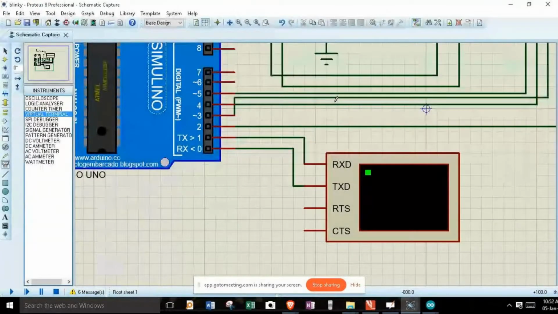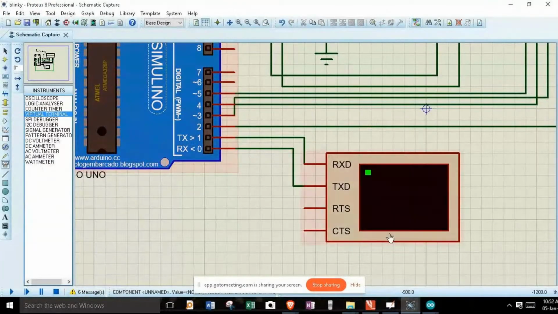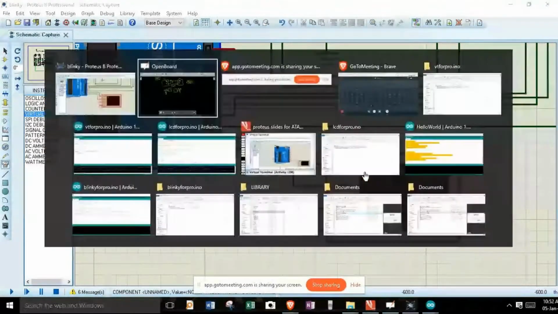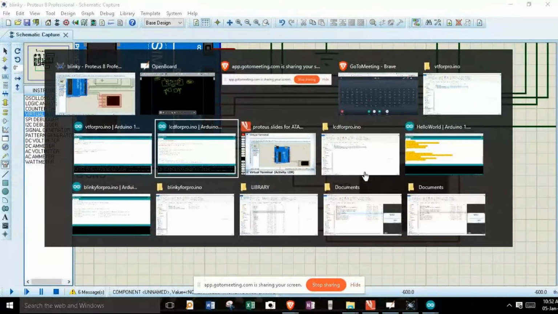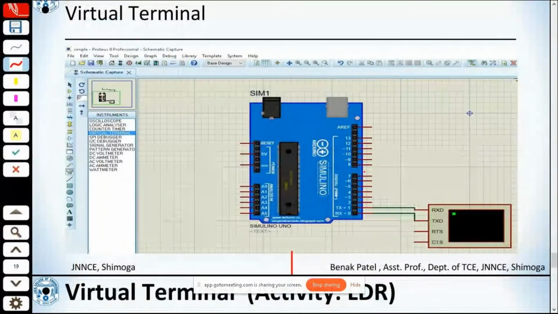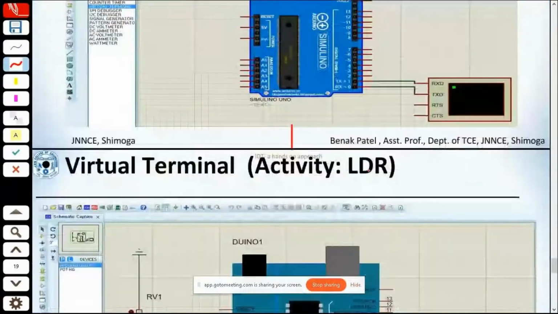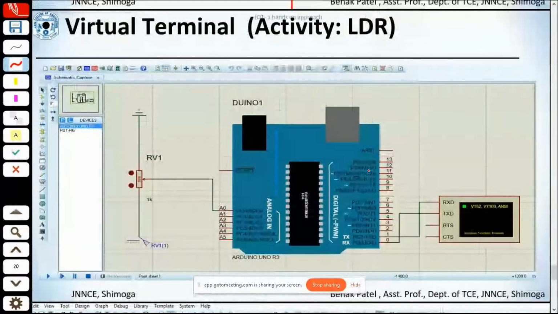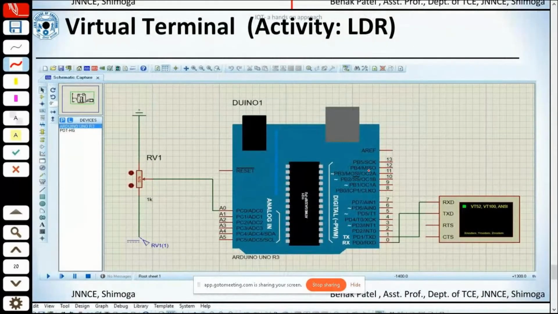So now the thing is, instead of just typing some text over here, we can also display the values sensed by sensors, and that is our next experiment. So now let's make use of this LDR in order to display its value.